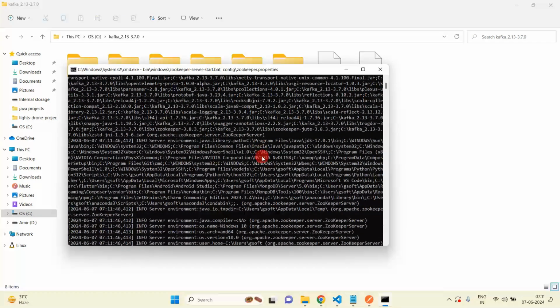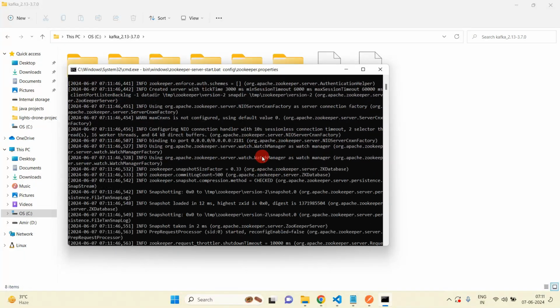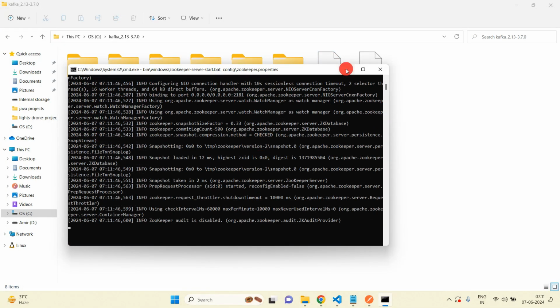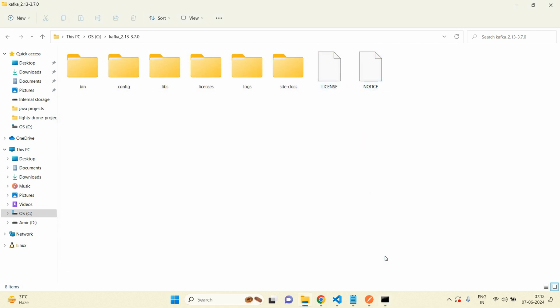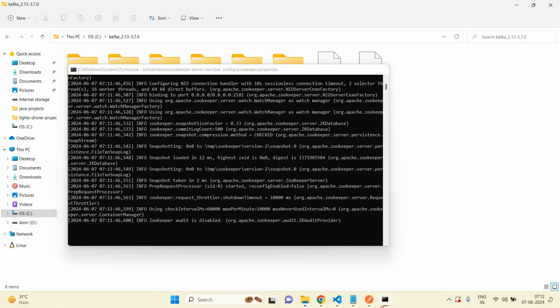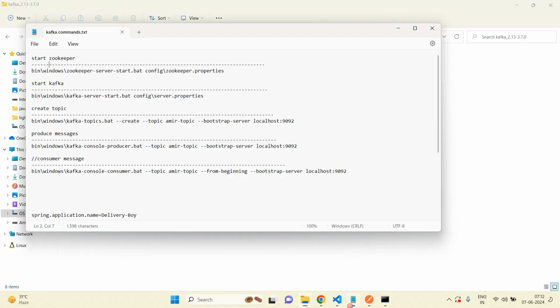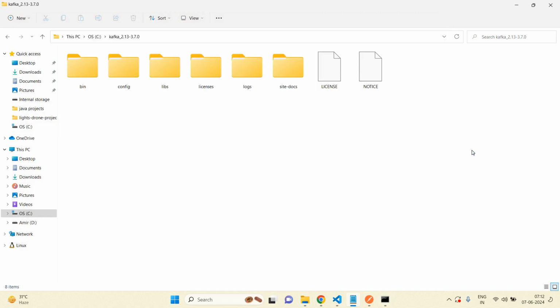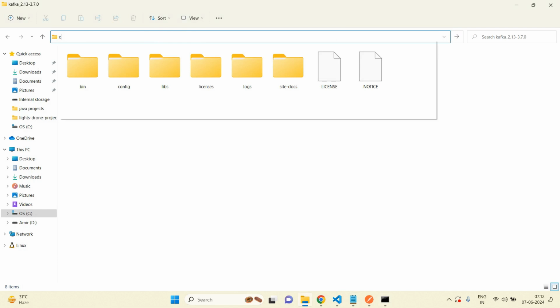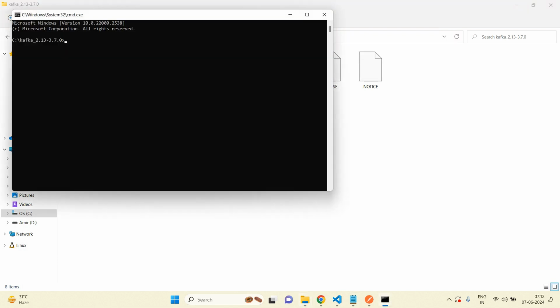Our next step is to start Kafka. Open notepad, you can write this command. Just copy this command and then I am going to paste it inside another terminal. Just write cmd here and then paste your command.